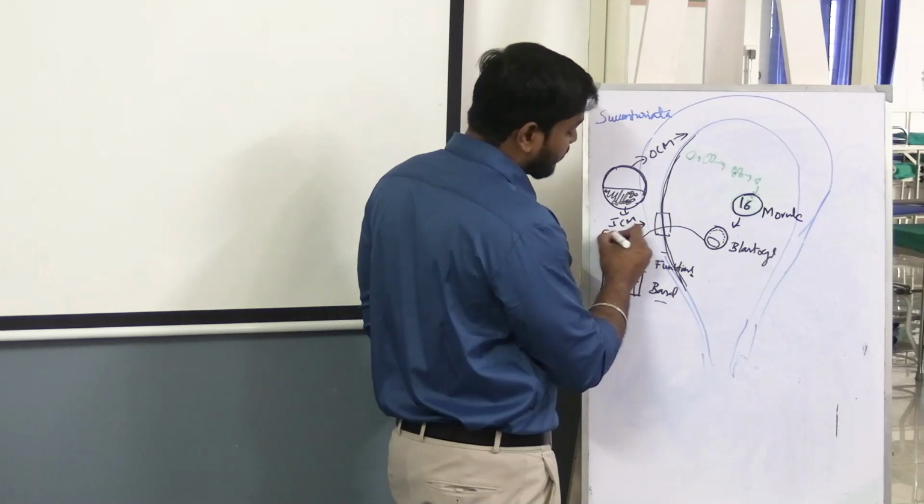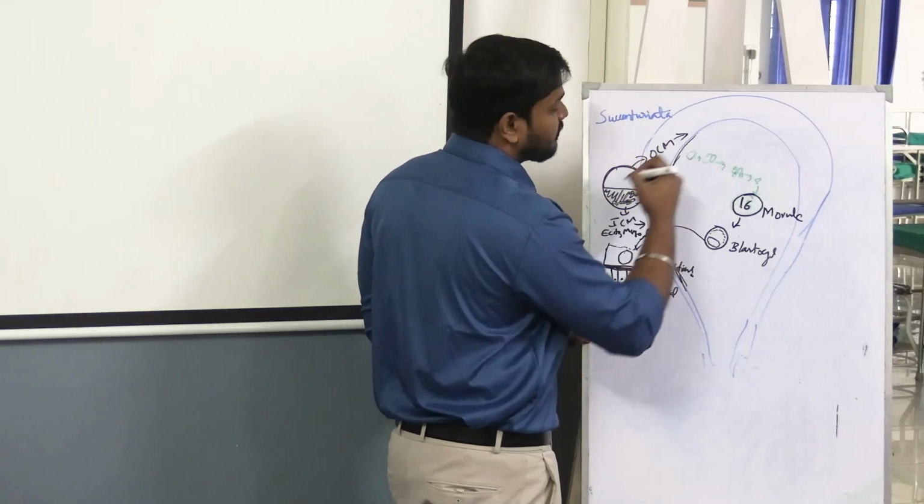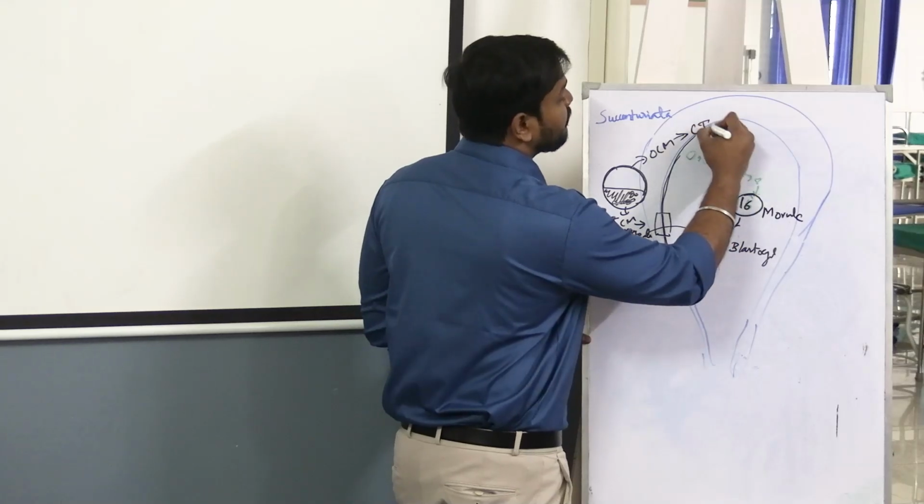Inner cell mass will produce ectoderm, mesoderm, endoderm. Outer cell mass will produce this cytotrophoblast and